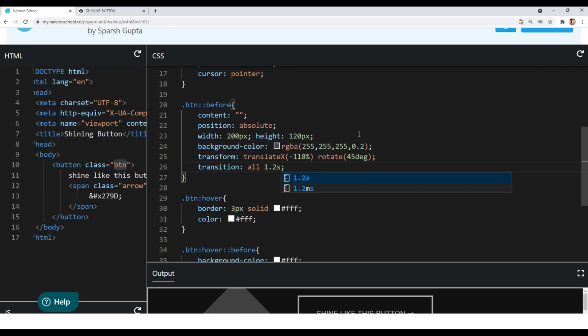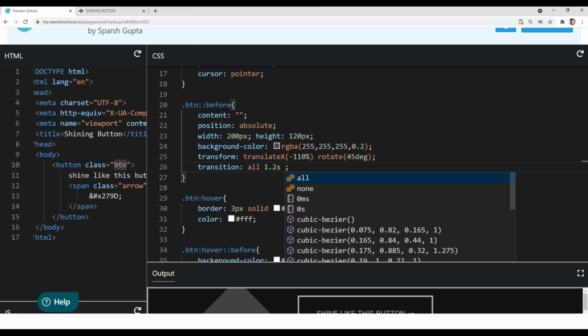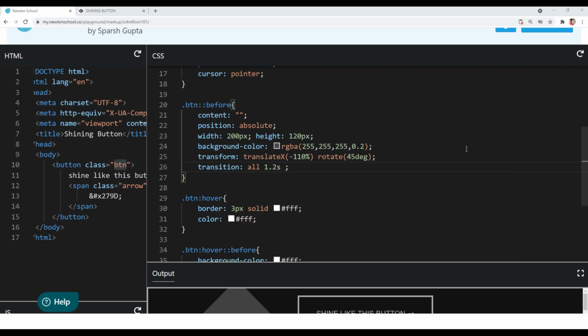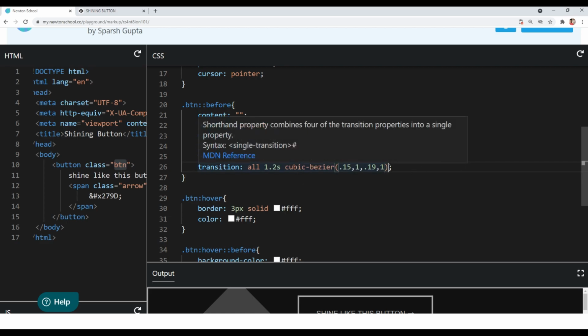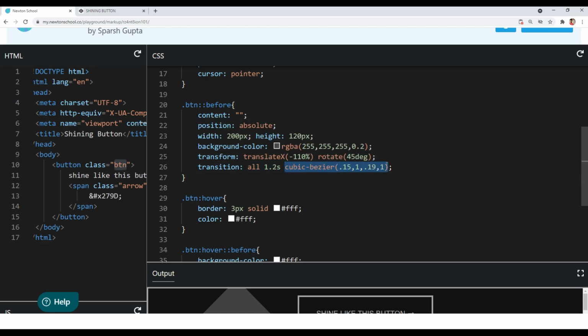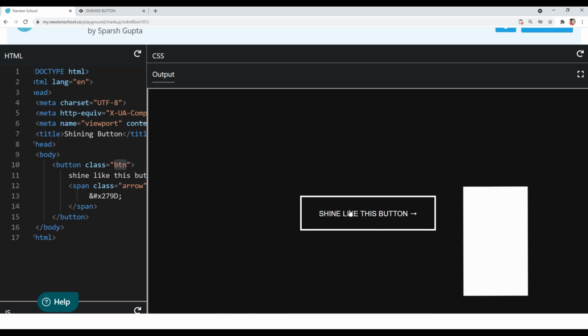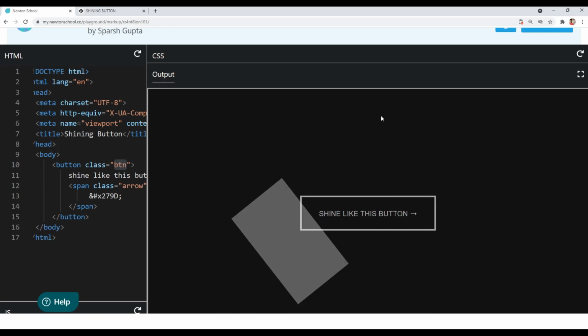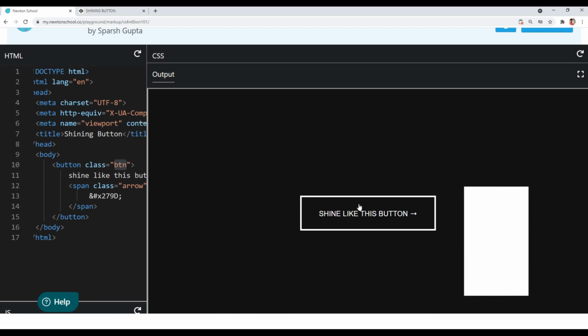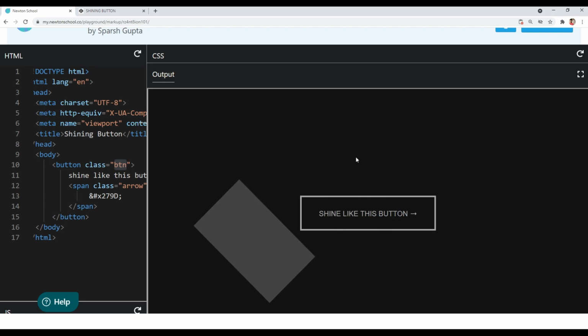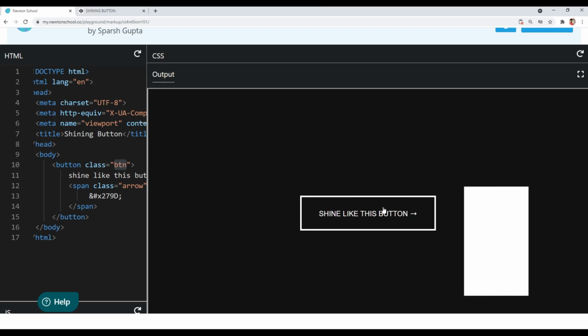And the timing function I had basically copied it from the cubicbezier.com. You can use any timing function, but for me it was looking good, so I used this timing function. Okay, now you can see it will be smooth. So when I am hovering this button, this element basically is going from left to right.